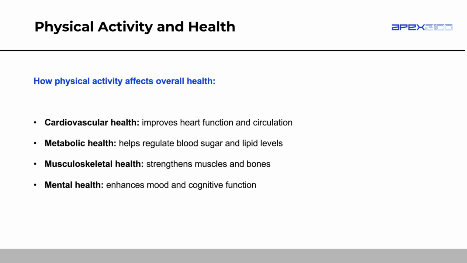The third one down is musculoskeletal health. Physical activity strengthens our muscles and our bones. It does this because muscles and bones respond to the stress that we place upon them. So if we go to the gym and we're lifting lots of weights, we're putting a lot of stress on our muscles and our bones. They're going to think, oh gosh, I need to be bigger to handle this amount of stress that's being put on me in this gym. And that's why our muscles grow bigger, we have hypertrophy, and our bones grow more dense and stronger.